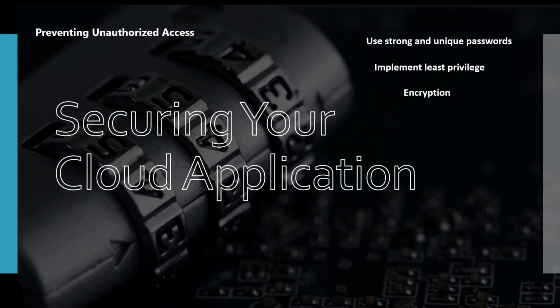Here are some other ways to prevent unauthorized access when using Amazon Web Services. Secure your network to isolate your resources and control inbound and outbound traffic. Encrypt your data using AWS Key Management Service. Monitor your app and resources. Keep your software and operating systems up to date by regularly applying the latest patches and security updates. Lastly, use